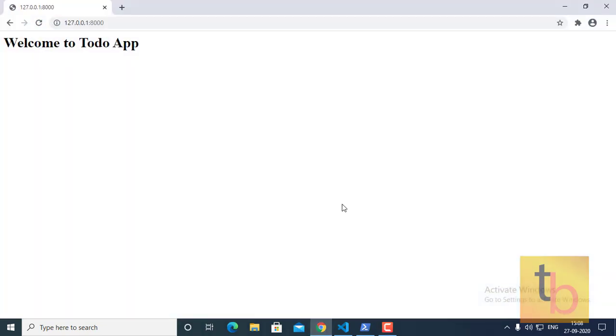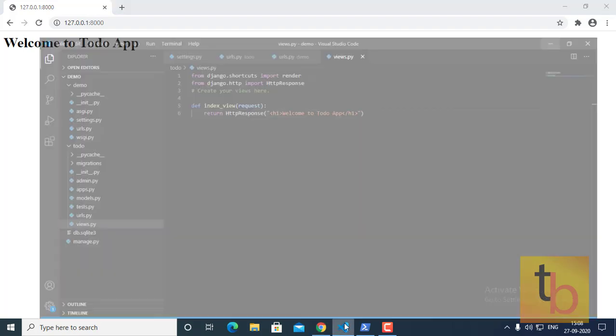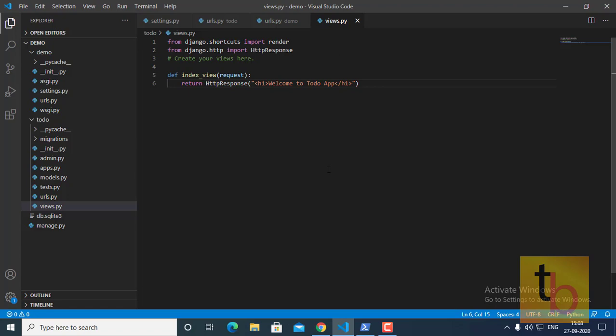In this video, we will see how to integrate a template with Django and which language is used for Django templating. So let's start with that. Whenever we want to integrate an HTML template with our Django views or our Django functions, we need to use Jinja 2, which Django uses by default. Jinja 2 is one of the templating languages. We will see how we can integrate that Jinja 2 template with our Django views.